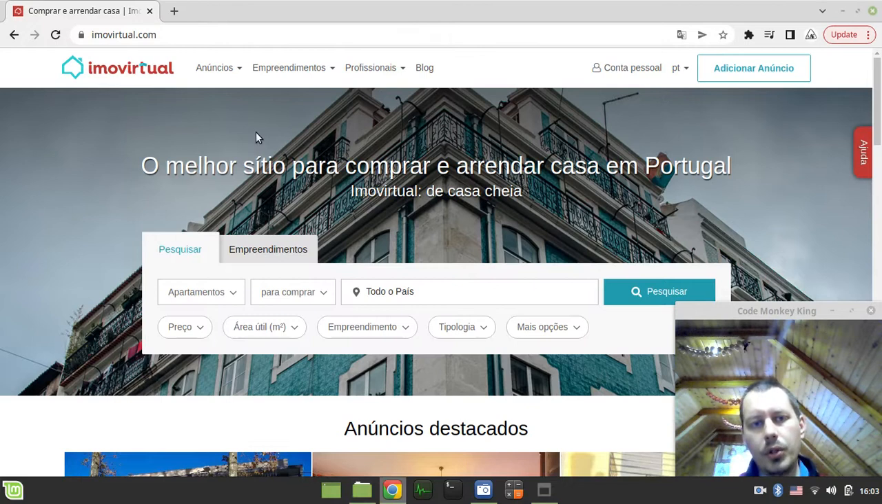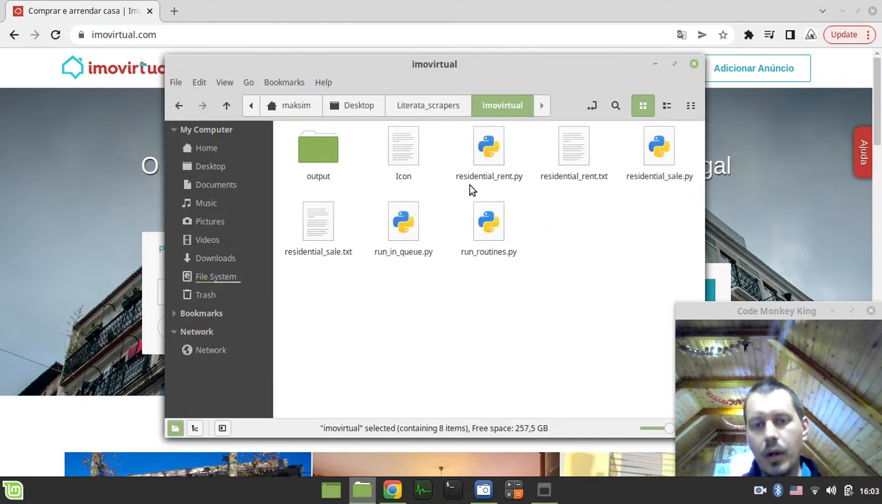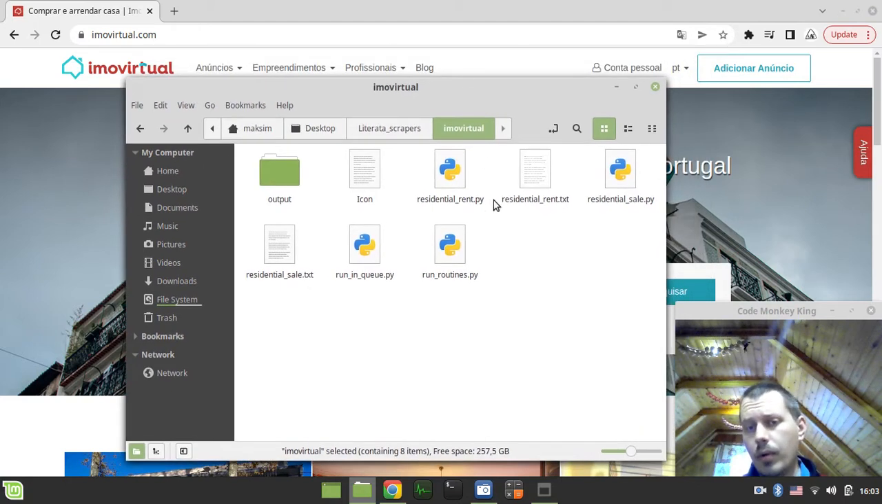So I keep preparing the scrapers I've written two years ago or so, and today we have Imovirtual, which is the Portuguese real estate properties website. I have two crawlers for this that I've written back in the day: residential sale and residential rent, just like the Habitaclia for Spanish real estate properties I've been restoring in the previous video. I didn't yet even try to run this,